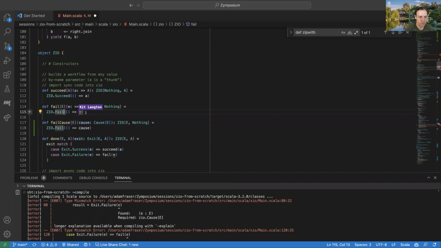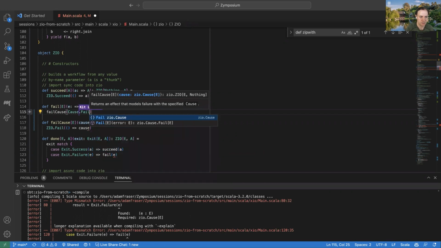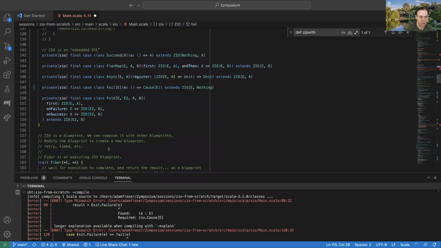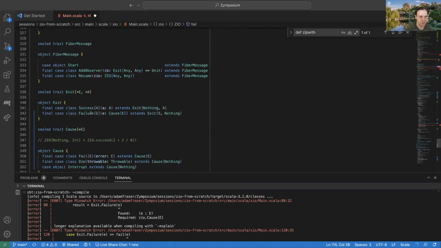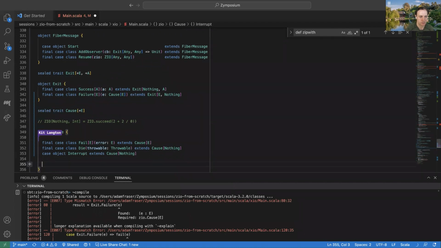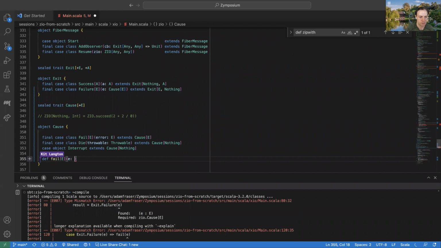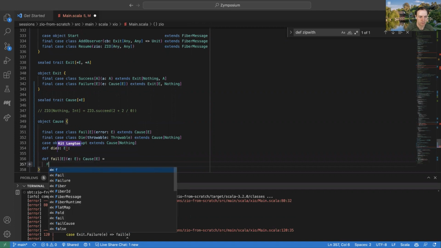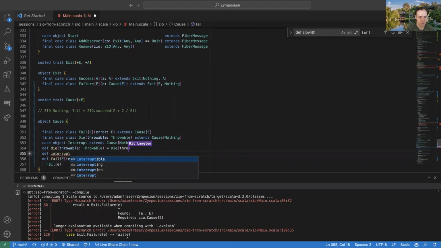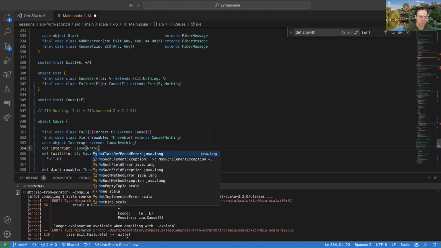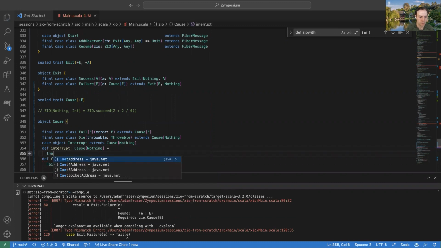And then this one can just be fail cause, fail E. And maybe if we want to, we could implement a little helper method down here, cause, just so we can use it directly. Nice.